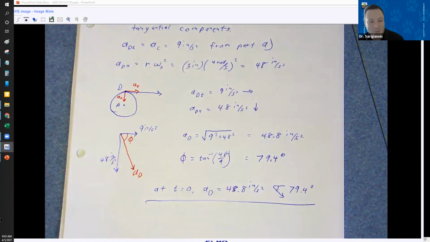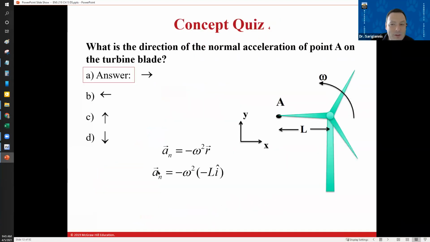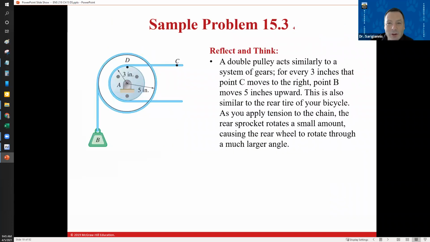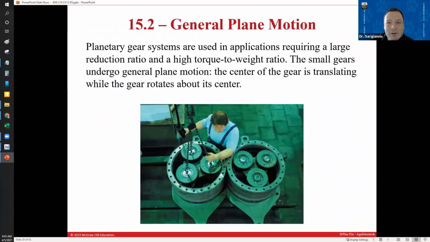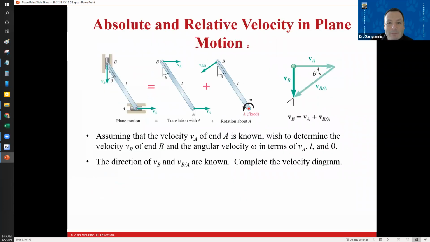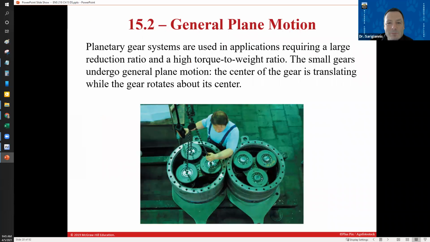Are there any questions about example 1? Let's see. What's after this? Don't think I go to another example. Oh, general plane motion. Let me just really quick talk about general plane motion. Well, a little bit about it. I'm not going to get through all these slides, but